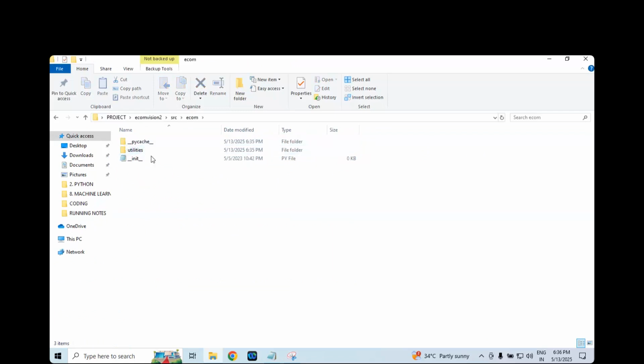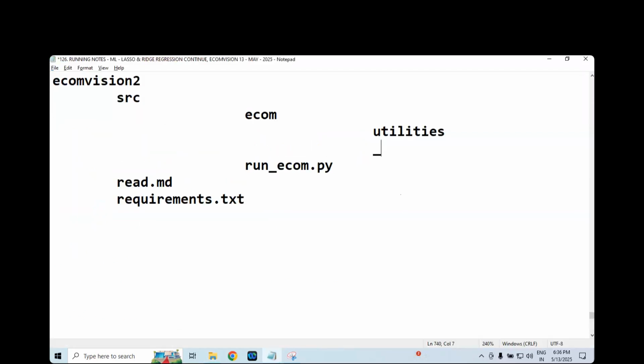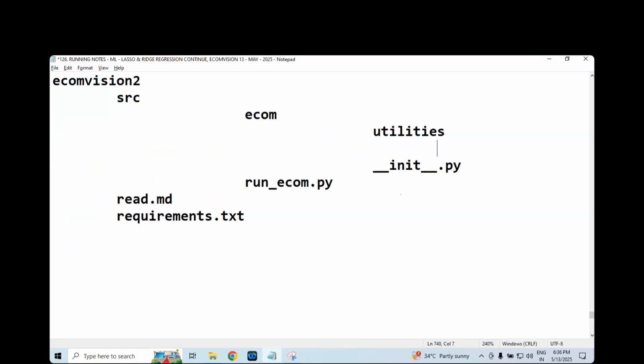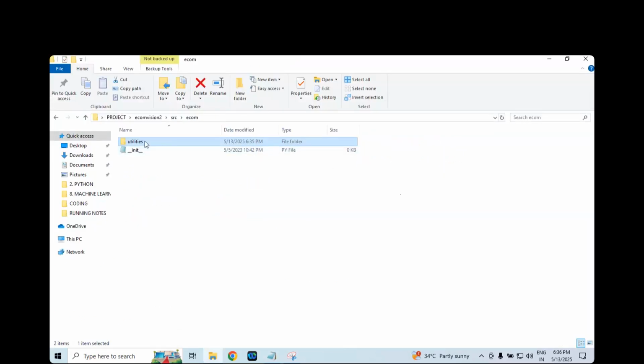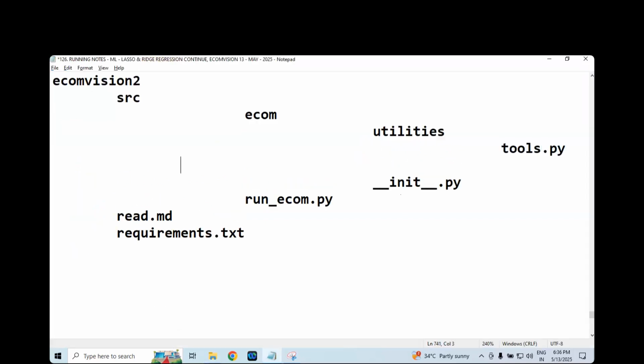You can delete that. We are going to work with the project. Utilities and the next one is what exactly, sir? __init__.py. After utilities, what is the next one? That's it. This one will be tools.py, and this one again __init__.